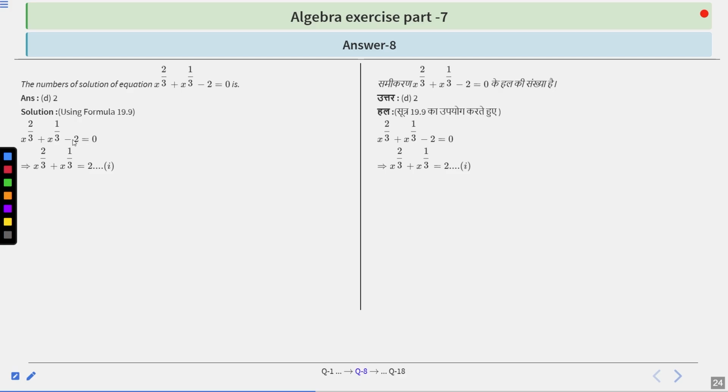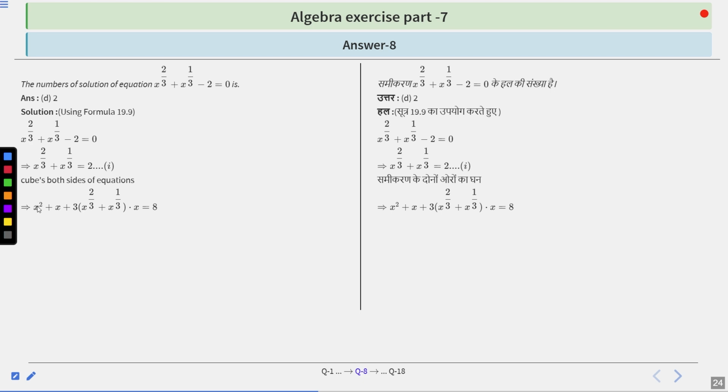When minus 2 goes to the other side, it becomes plus 2. That is our equation number 1. Now, cubing both sides of the equation, we get x square plus x plus 3 into x raised to power 2 upon 3 plus x raised to power 1 upon 3 into x equal to 2 cube, which is 8. Now we have expanded the cube of this equation with respect to formula 19.9, that is